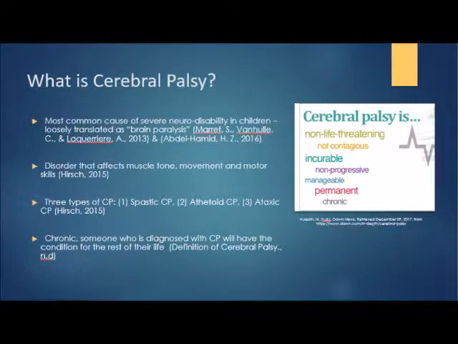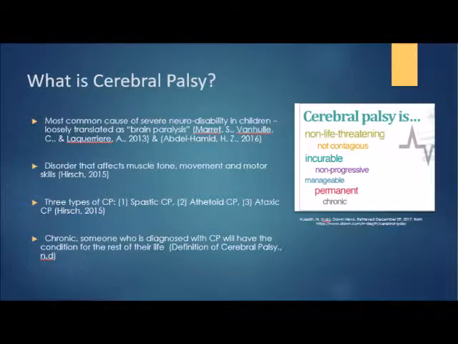There are 3 types of cerebral palsy, and each one is different because a different part of the brain is affected. The 3 types are spastic, athetoid, and ataxic cerebral palsy. Spastic CP causes stiffness and movement difficulties. It occurs when there's damage to the motor cortex and the pyramidal tracts of the brain. The motor cortex, which is in the cerebral cortex, is responsible for relaying signals to other parts of the brain to control movement. The pyramidal tracts are the roads of communication between the cortex and the nerves in the spinal